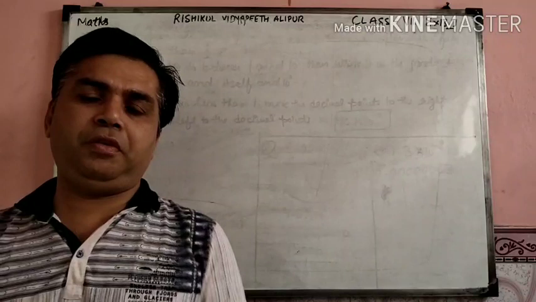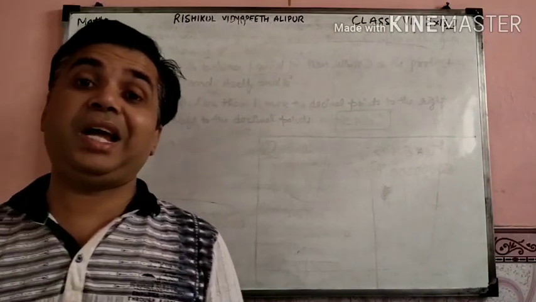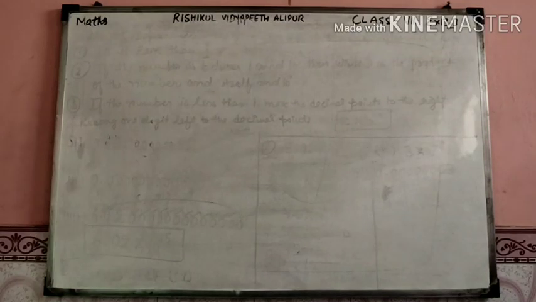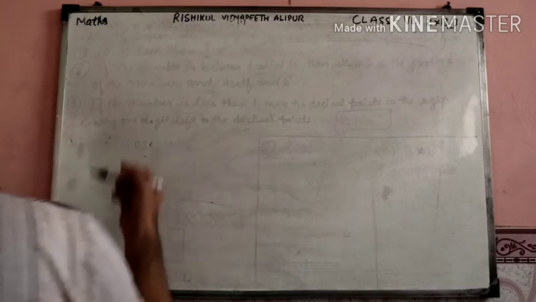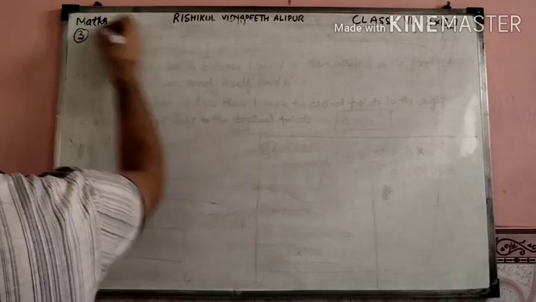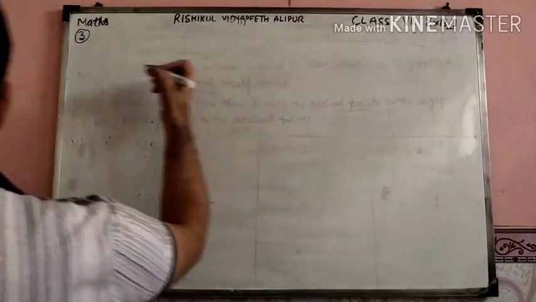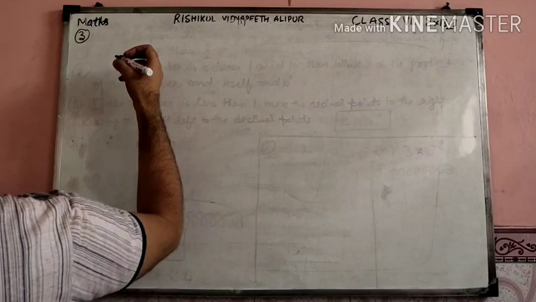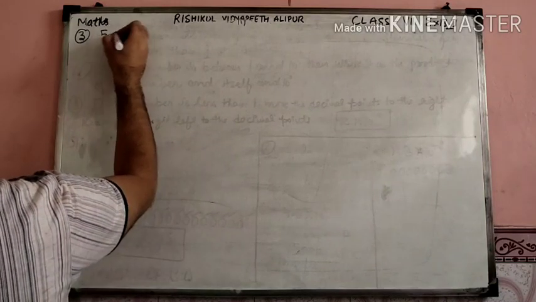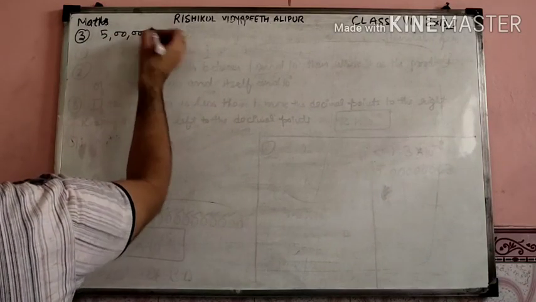In today's class, we will continue the previous exercise, that is 13.3, in which we have explained the scientific and standard form. In today's class, we are not going for too much of the exercise. We are just moving towards the questions, not for the explanation, because we have already explained all the things in your previous class. So the question number third of exercise 3.3: express the following numbers in standard form. You will learn all these in 8th class also.